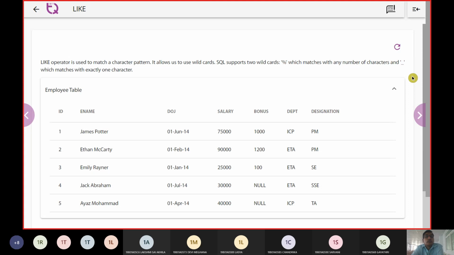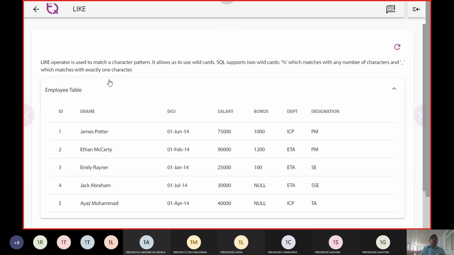After the where clause, we have another attribute comparison operator, where we use a like pattern. The like pattern makes a match against character patterns, and in general we call it a wildcard search. It supports percentage, which matches any number of characters, and underscore, which matches only one occurrence of a character.